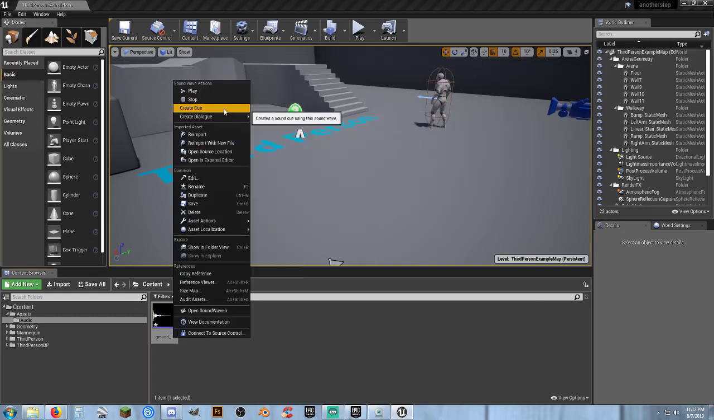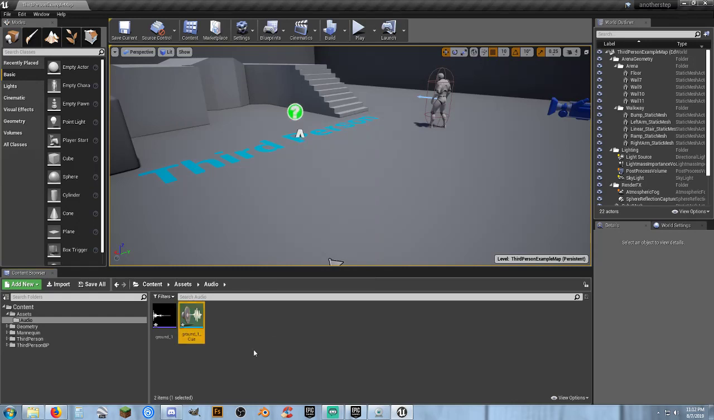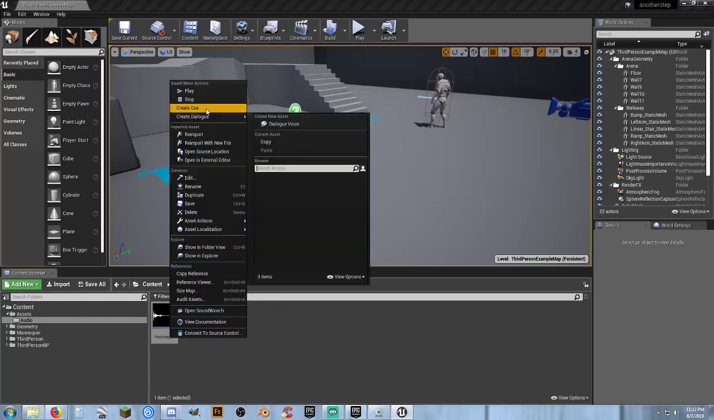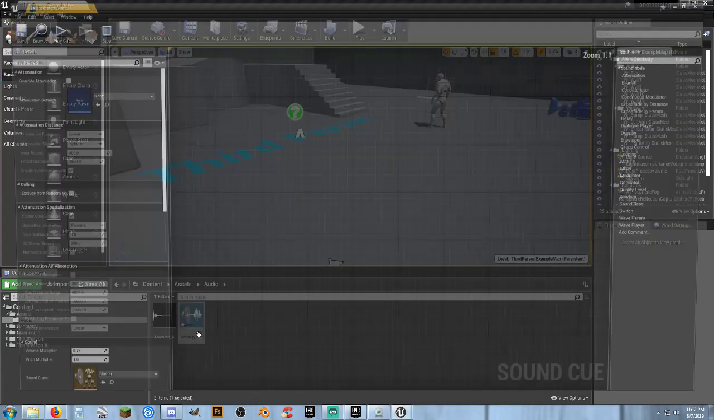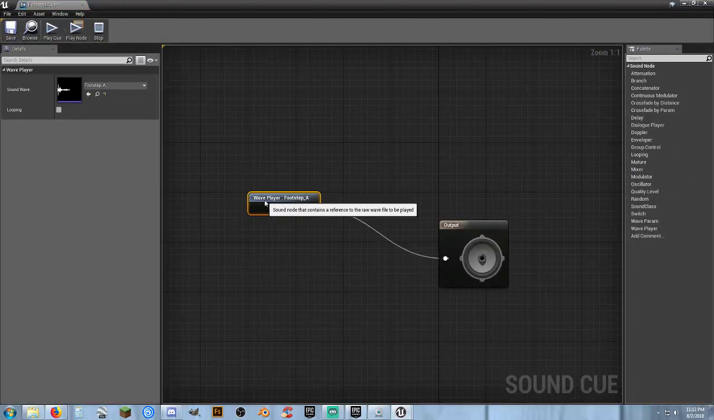Right click, create cue. That's fine. Actually, I'm going to rename it. And I'm going to hit F2, footstep dot A for audio. And then I'm just going to go ahead and right click, create cue, and I'm going to get rid of that so it just says footstep cue. And I'm going to go into it, footstep